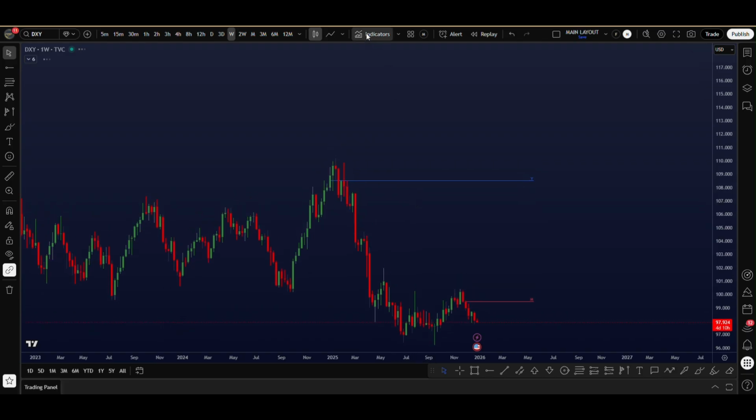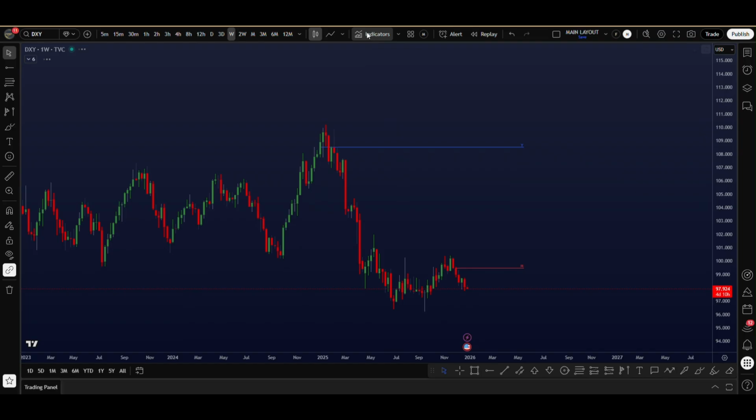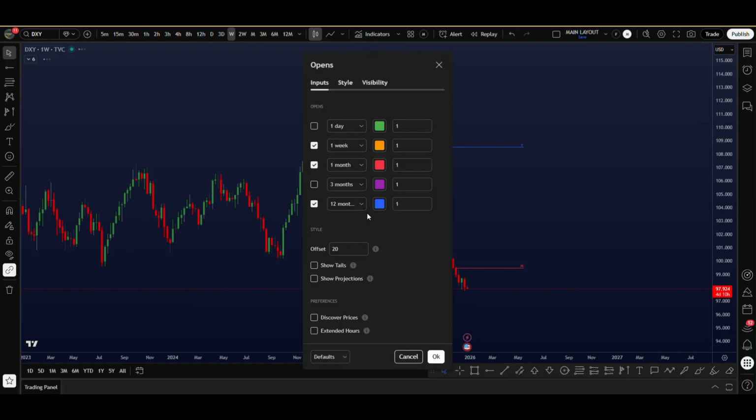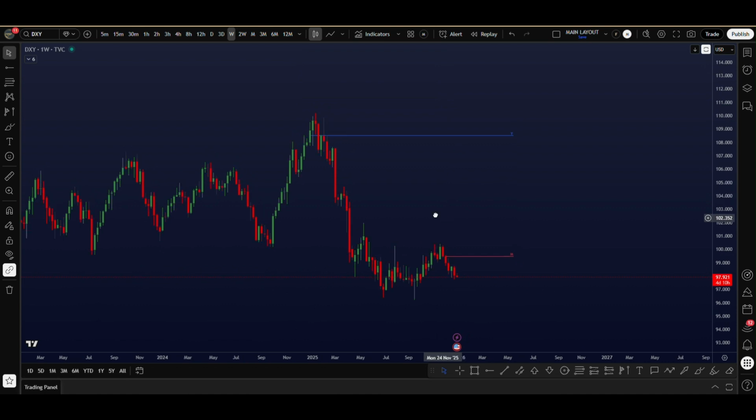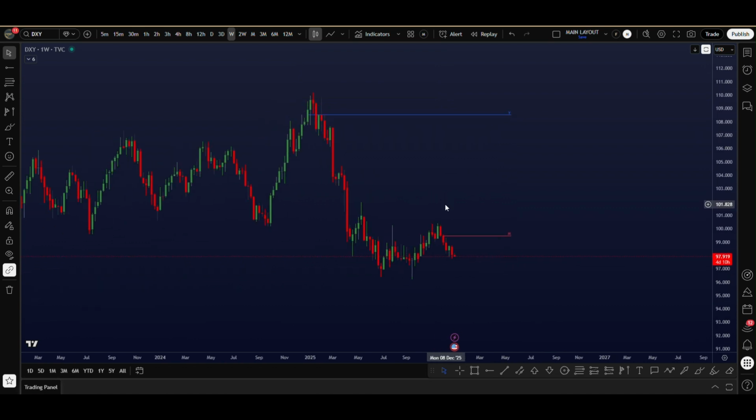You can see, double click on that, you can see the parameters. As I said, I like to use the weekly open, the monthly, sometimes the 3 monthly, and the yearly open. For me, these zones are the strong ones, and I can also use them for take profit or as a support and resistance zone. Okay, for example, in this,